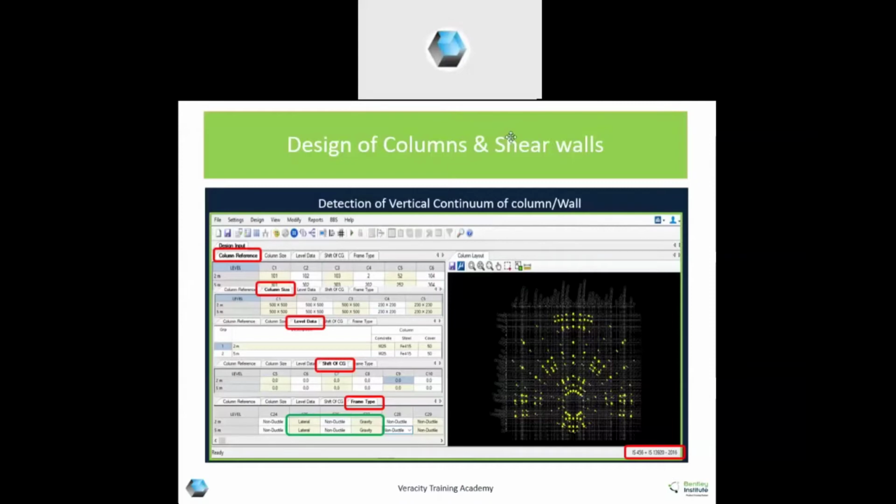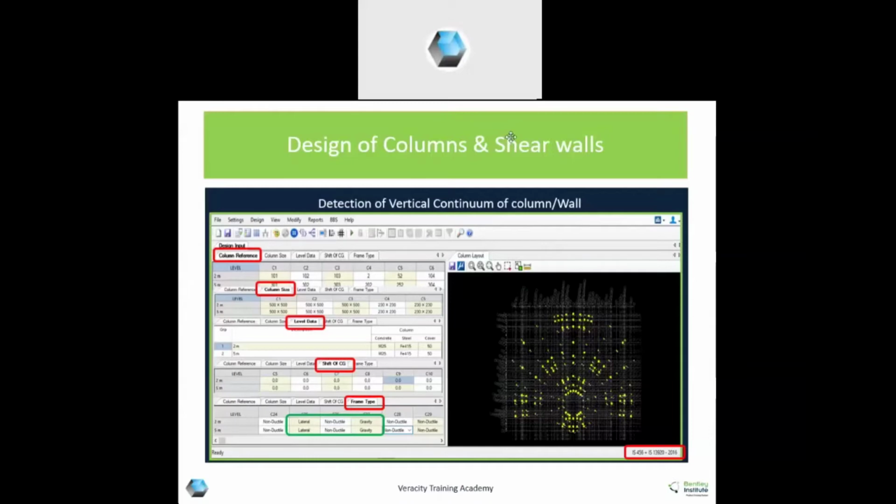Next good thing is framing type. IS 1893 and IS 13920 have allowed us to choose lateral load resisting frames, which STAAD does not offer. But here in RCDC, you can easily choose which columns are to be designed as gravity columns and which columns are to be designed as lateral load resisting columns.